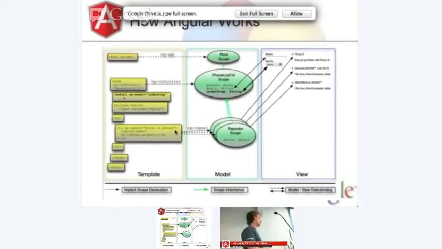Now there are various subtleties, and the biggest one that will bite you is whether or not there is a scope at a particular point in the DOM. I'm not going to go into that too much, but if you read the documentation on directives and so on, there's some good information on how to know whether there is a scope on the DOM. John earlier talked about a guy called John Lindquist, I think it was, and he has some excellent tutorials which do a deeper dive and explain these things with code, to show you what happens when you turn things on and off.